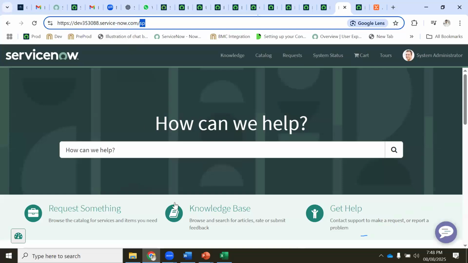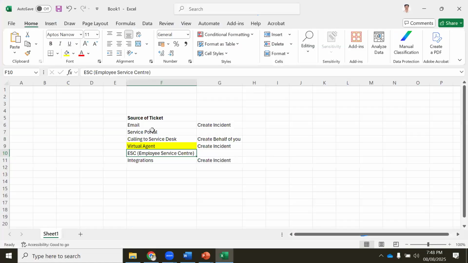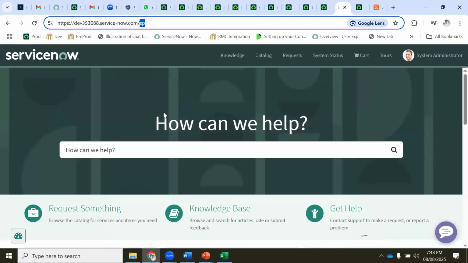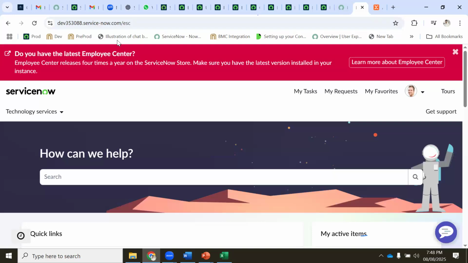Where can you submit tickets? You can log in to the ESC portal or service portal and try to submit a ticket, correct? So this is your service portal. This is your employee service center. Do you have the latest employee service center? Employee service center releases 4 times a year on the ServiceNow store. Make sure that you have the latest version, they are saying.